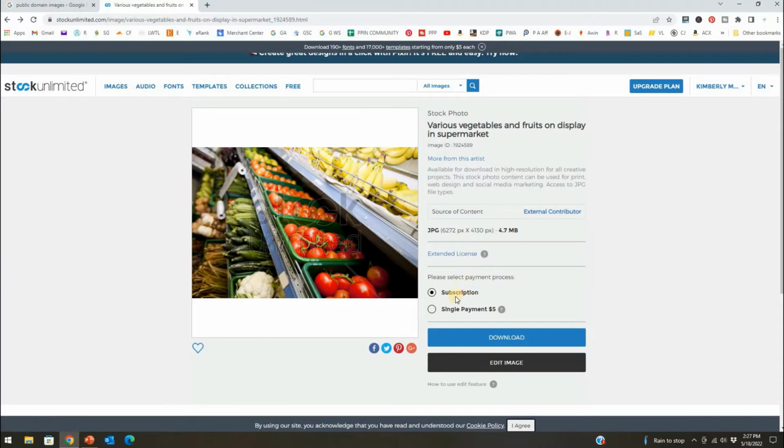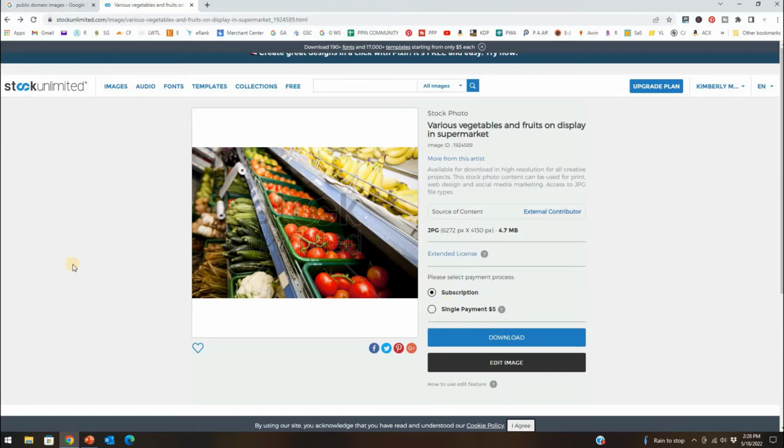Thankfully, I would normally use a subscription, so it's much cheaper for me to pay a certain amount for a 1-year subscription or a monthly subscription. That way I have access to this as many times as I want. But for people that don't generally need images, it's okay, just pay for a single payment or whatnot. So this is just to show you a little bit of what to expect